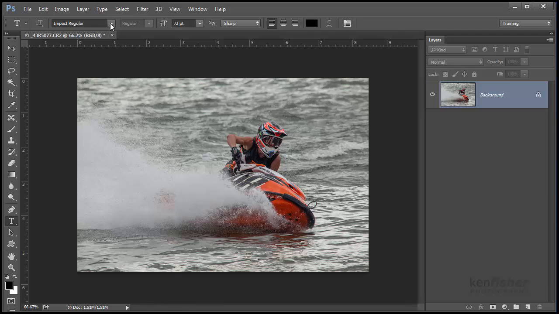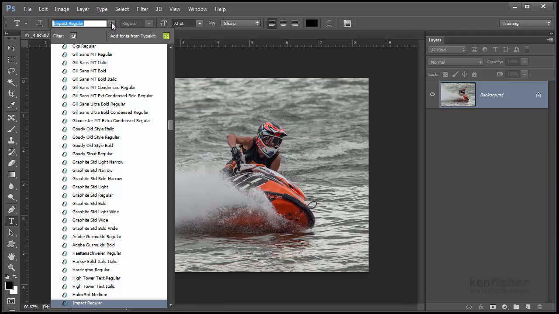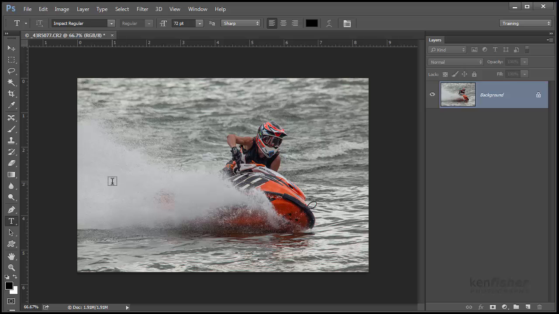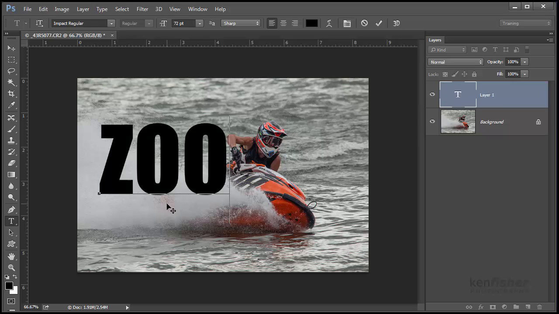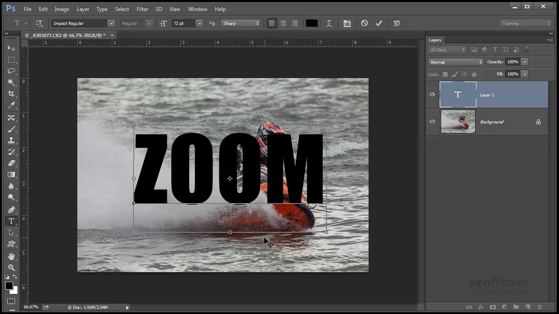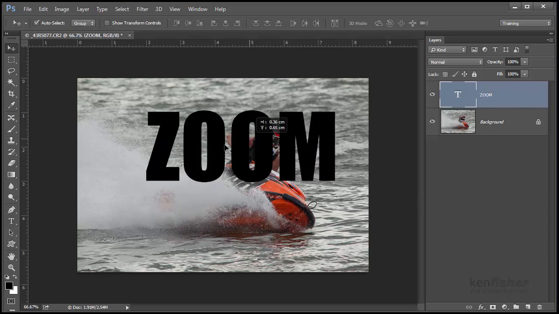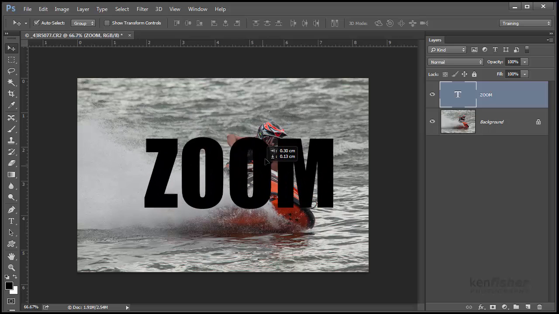So I'm just going to look down here and you can see I've already got it selected from earlier. We've got Impact Regular. I'll leave it at 72 points and I'll just click and type Zoom. Just reposition it and then press return to accept that. Now this is on a separate layer, as you can see here. So if I get my move tool, I can move this around and place it anywhere I want on the